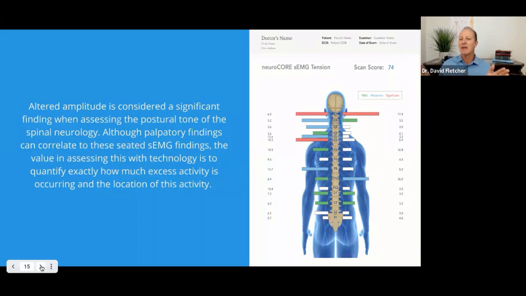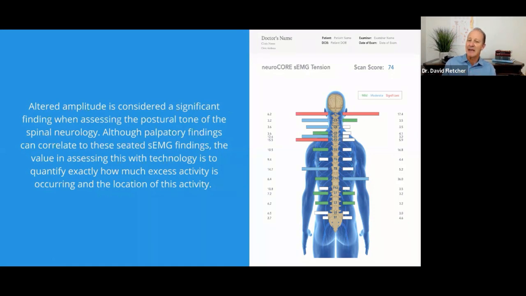The length of the bars is somewhat representative of the amount of tone that's in the system, but there is a limit when we put them on this graphic representation. So again, on the pattern graph, you'll get a much better view as to how much further and farther out the range is than what you'll see even on these amplitude bars. In this one, you'll notice that there's a congregation. The cervical spine is much more in a reactive state. And as I take you down this journey of interpretation and understanding, that becomes important because part of the posturalization process